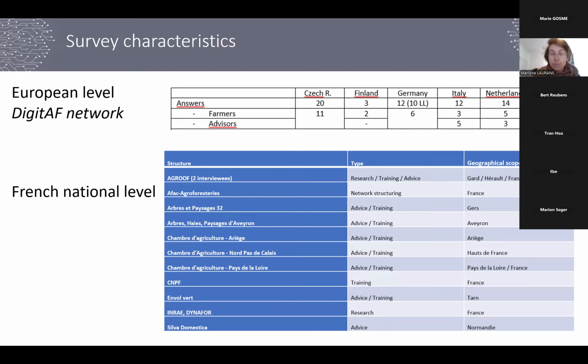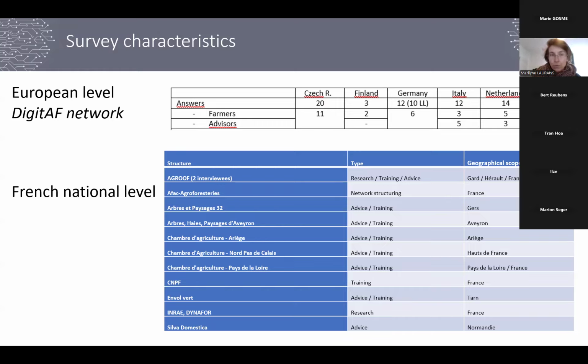And the results of this survey were further explored at the national level in France through a series of semi-structured interviews with 13 stakeholders involved in the development of agroforestry. So we chose to interview advisors, technicians, trainers, and researchers based on the assumption that this would enable us to aggregate and summarize the observations and needs of farmers at local, regional, or national levels, depending on their activities.